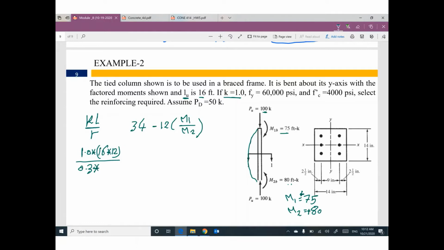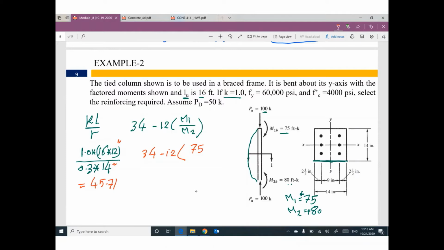0.3 times 14. This column is a square, so it doesn't matter. Guys, make sure the top value is in inches, because the bottom value is in inches. This value will be 16 times 12 divided by 0.3 times 14, which is 45.71. The other side, 34 minus 12 times M1, 75,